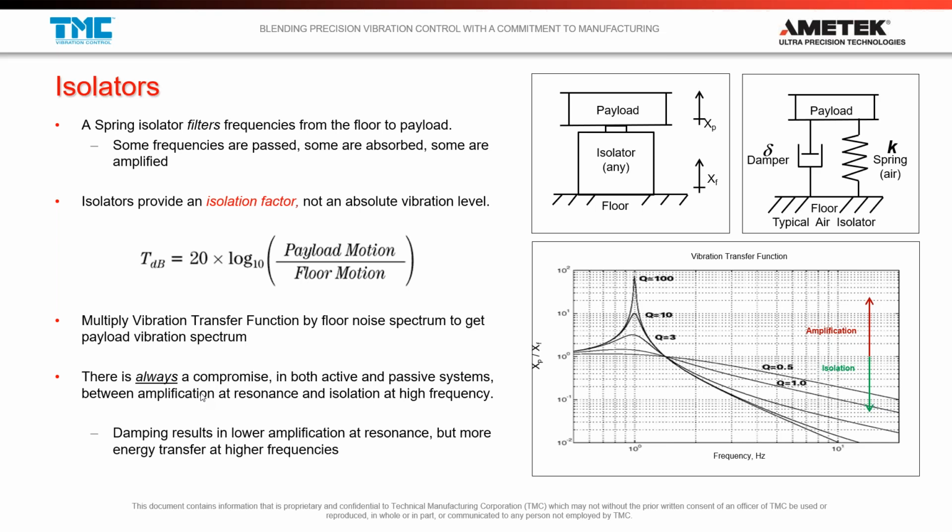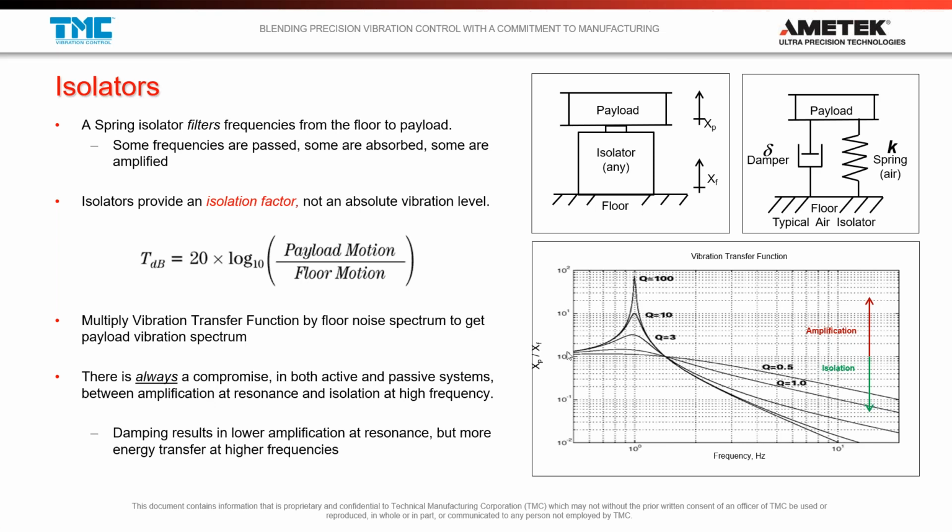It's a ratio of the noise, the motion on the floor, to the motion sensed on the payload. It's a unitless number, and you can really get a sense of where the resonant frequency is, and then how many dBs or how many times isolation you can possibly get. And a simple mass spring damper has a